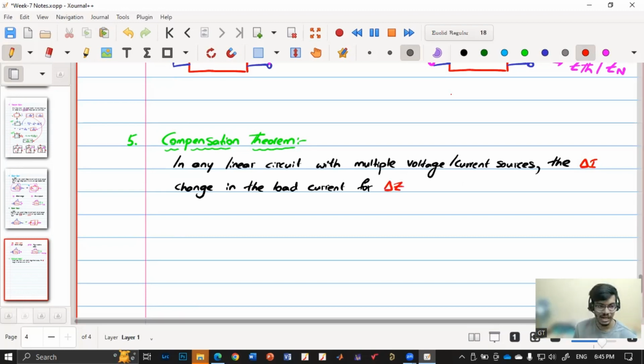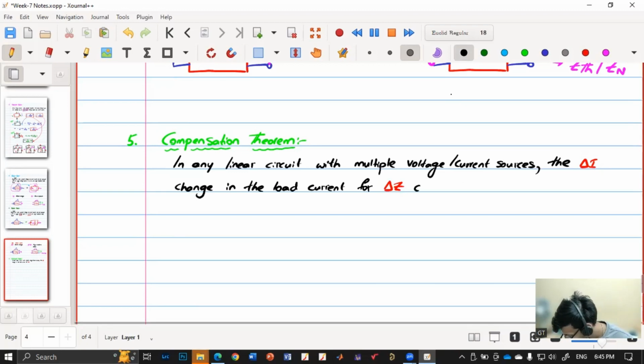So we are changing the load impedance by delta Z, and now I has become delta I. So for the delta Z change in load impedance,